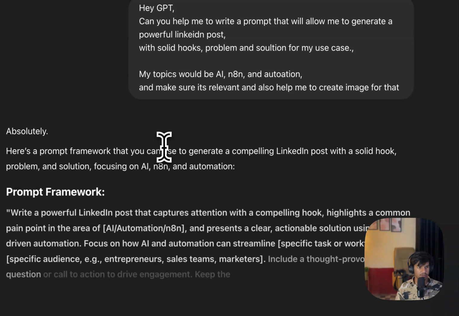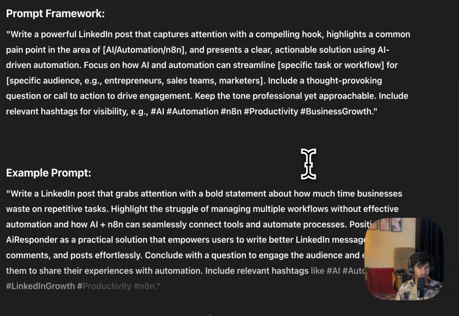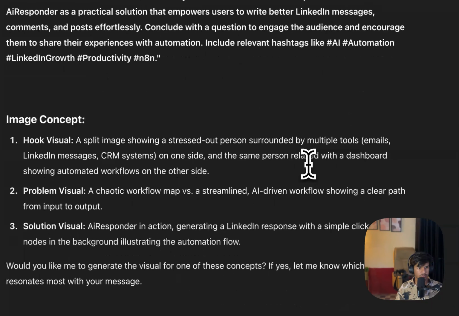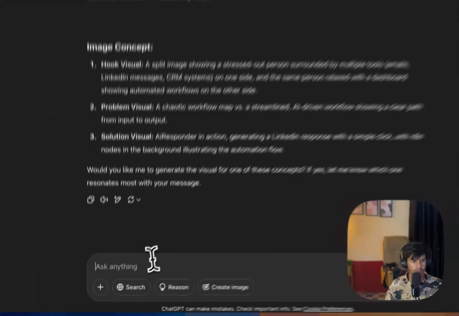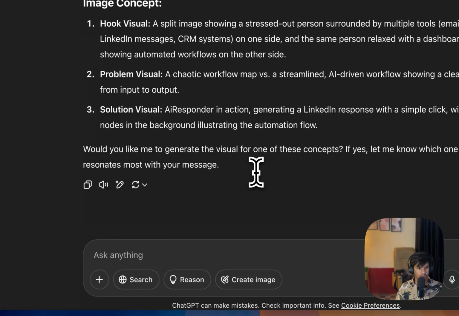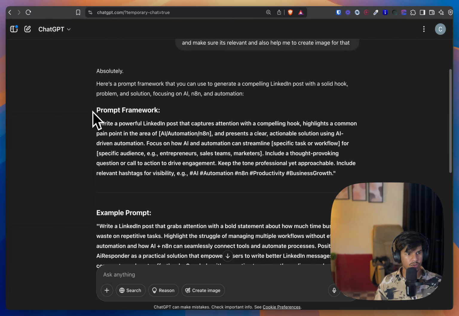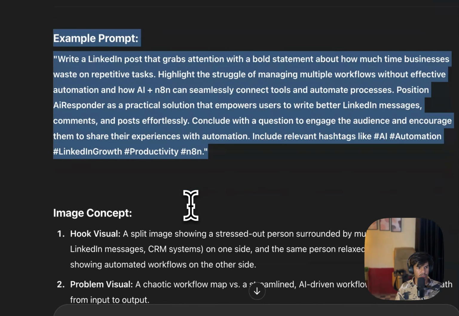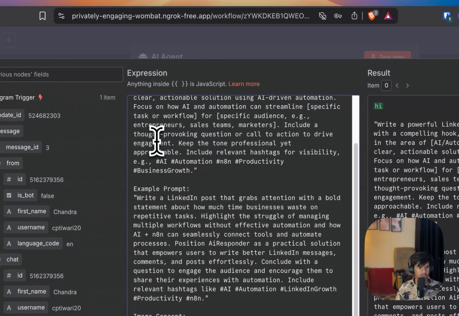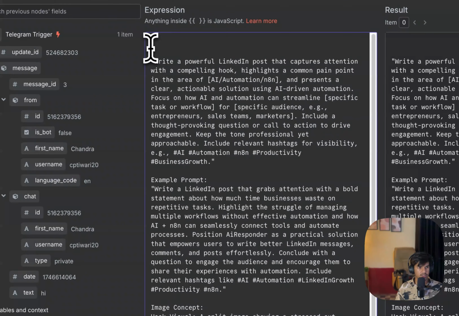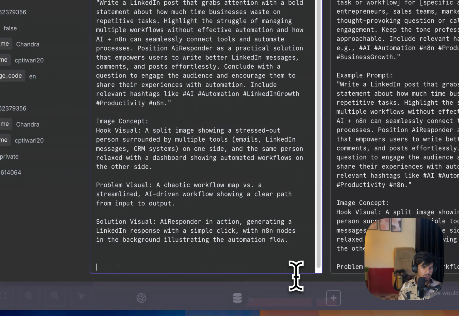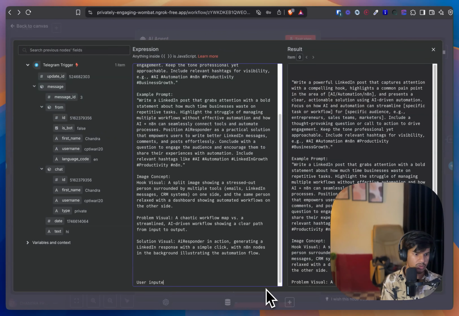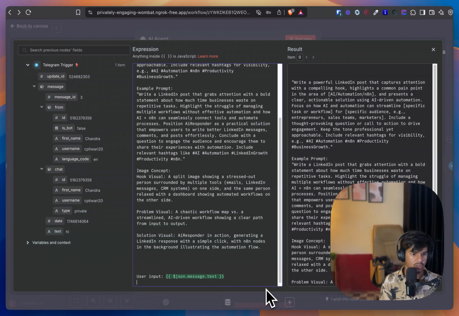The prompt is generating. So I'm just going to use the prompt, write me a powerful LinkedIn post. So this is image concepts. Okay, copy this whole thing, go to n8n and just paste it here. Okay, I'm just going to take this text. I'm just going to say user input is this. Okay, and one important thing is today's date and time,